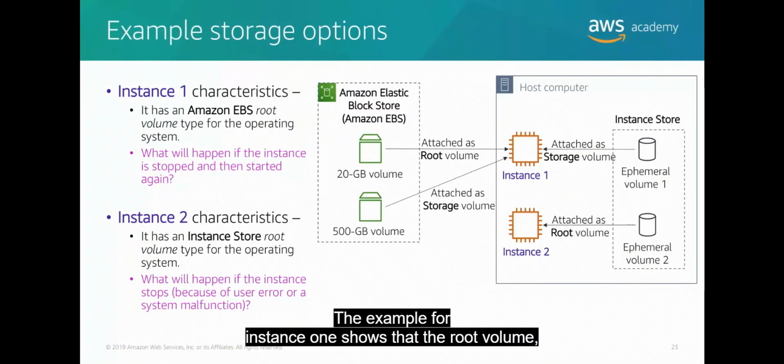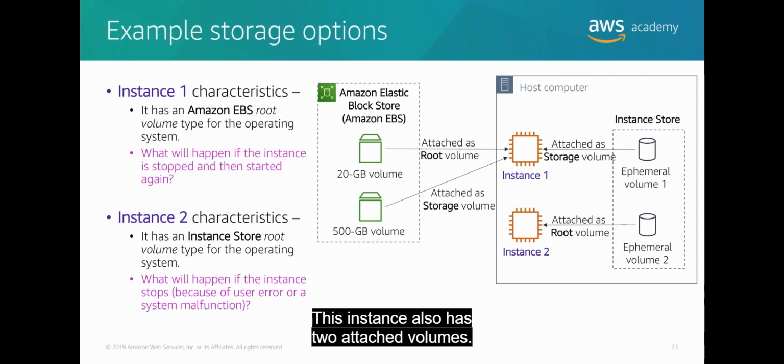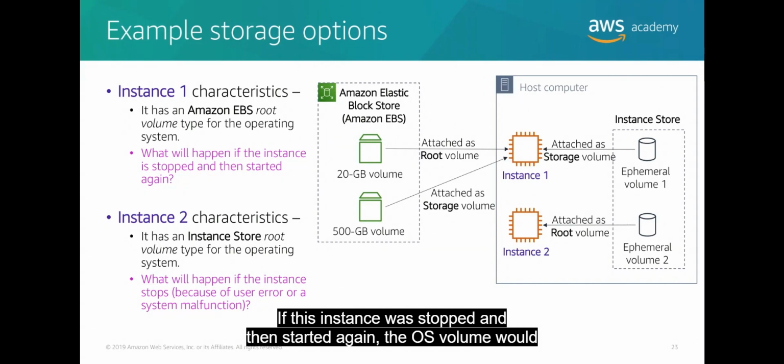The example for instance 1 shows that the root volume, which contains the OS and possibly other data, is stored on Amazon EBS. This instance also has 2 attached volumes. One volume is a 500 gigabyte Amazon EBS storage volume, and the other volume is an instance store volume. If this instance was